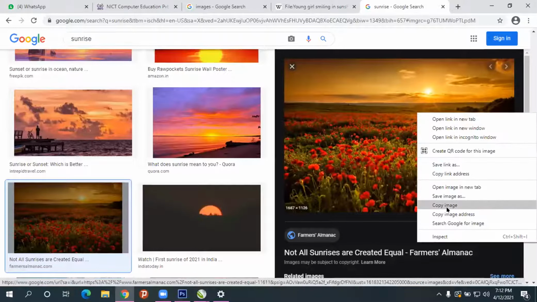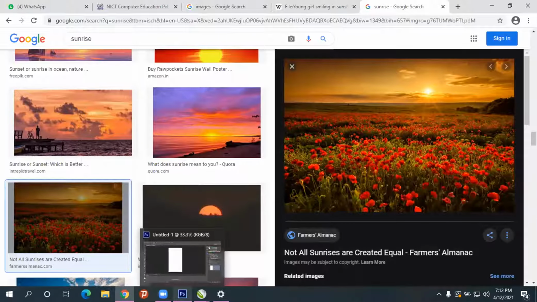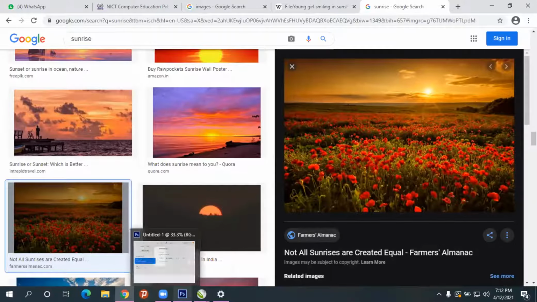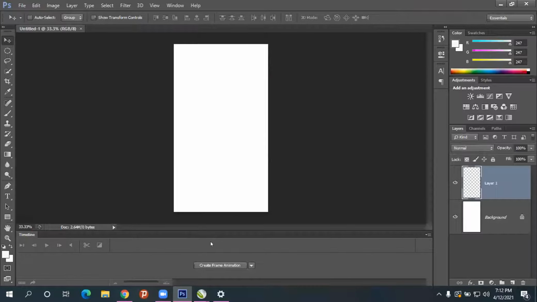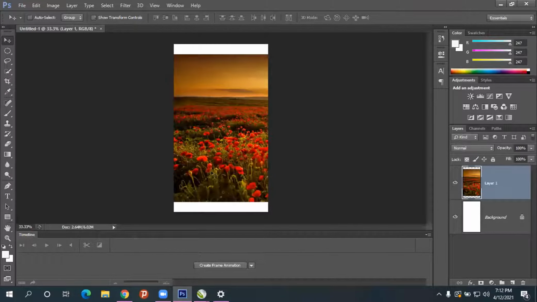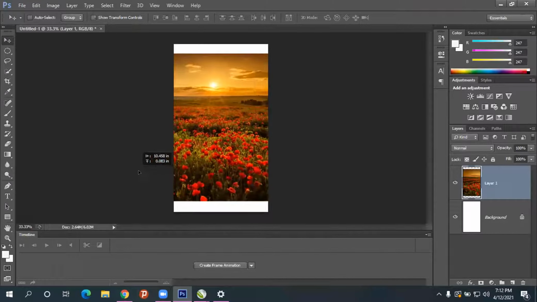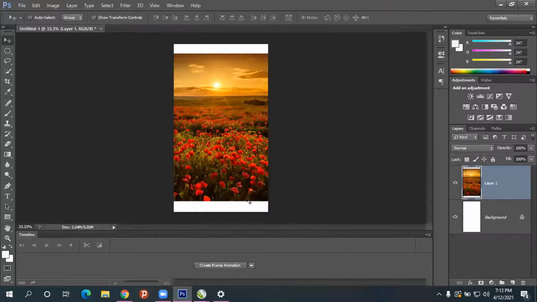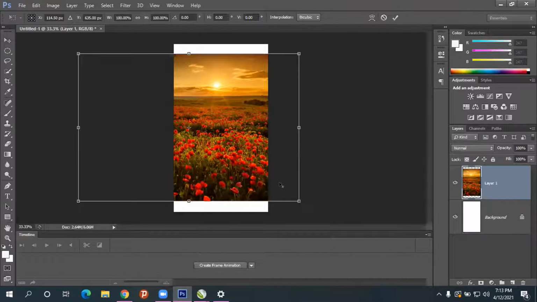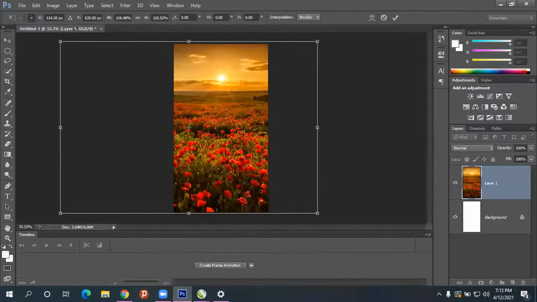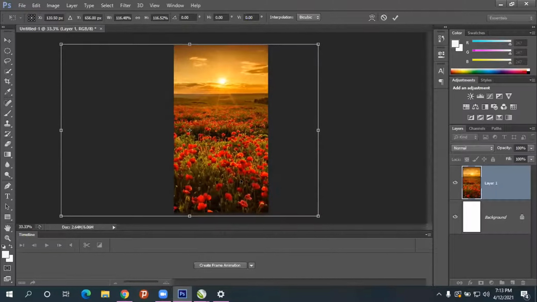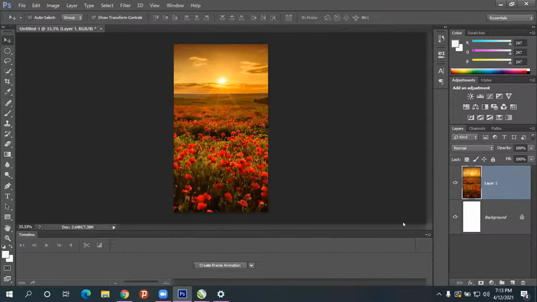I'll use this image only, copy image, and Control V. So move it. Press Control T and make it bigger. And give enter. Okay.